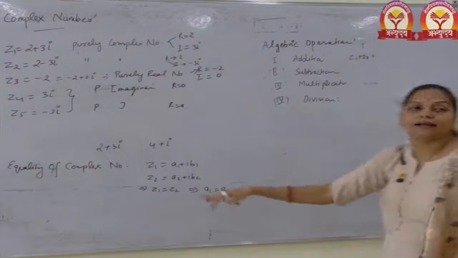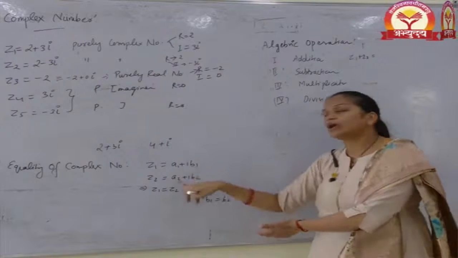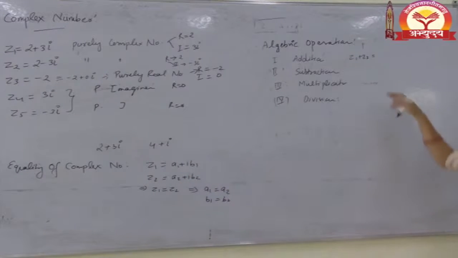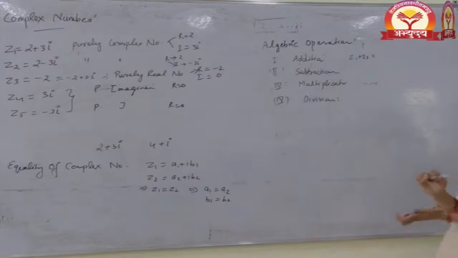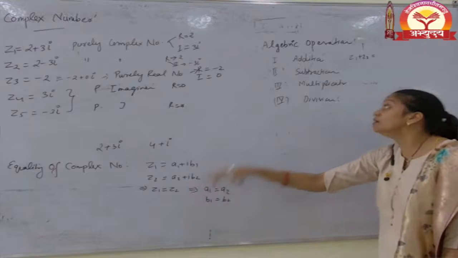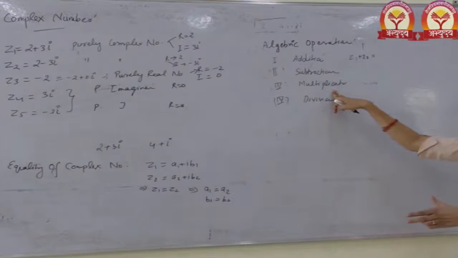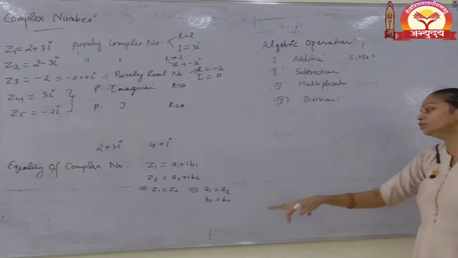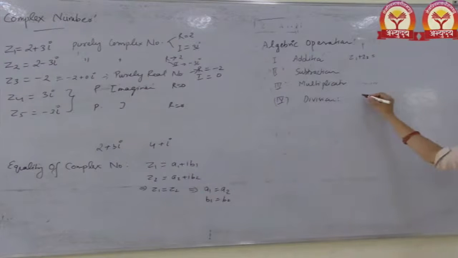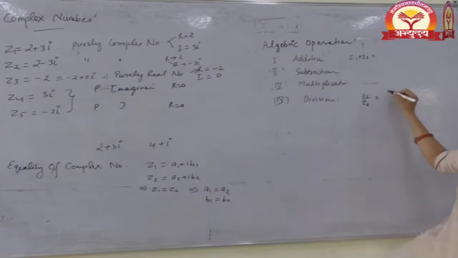That means we can add the real part and imaginary part. Subtraction means you have to subtract real part from real part, imaginary from imaginary part. Multiplication, you multiply i into i, which becomes i square, that will give a -1 value. Division means z1 by z2, that means